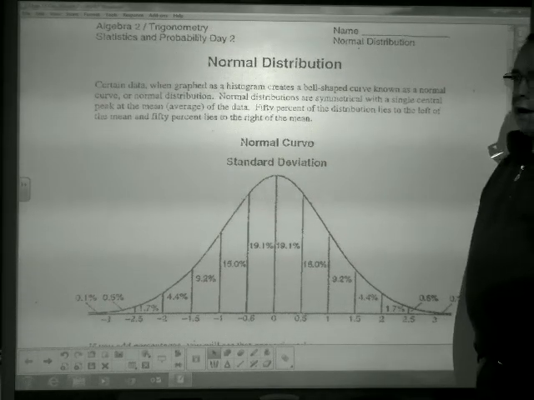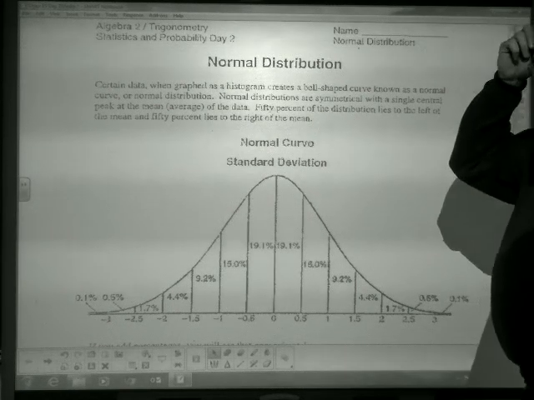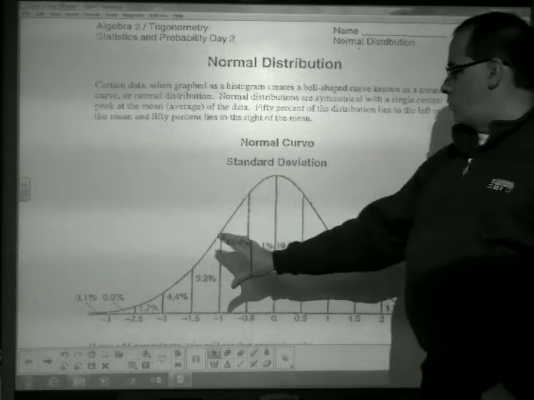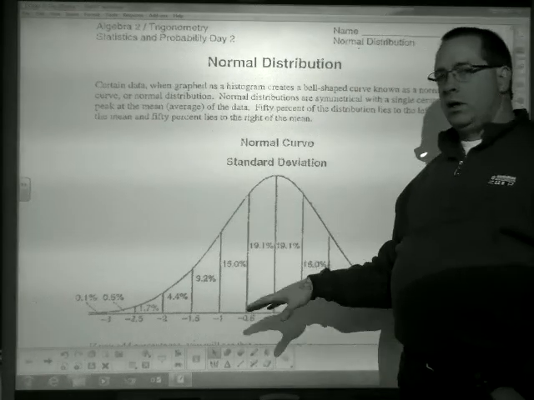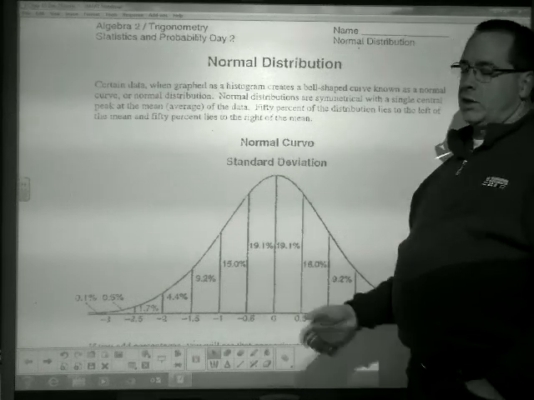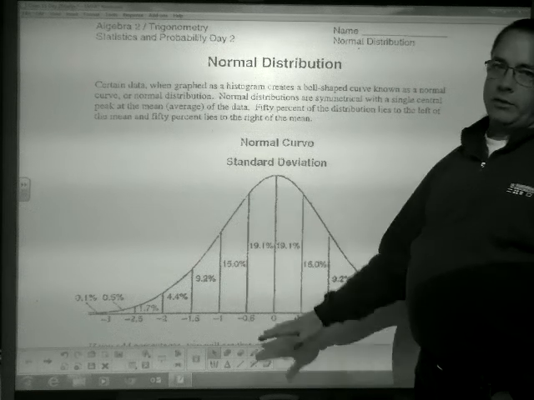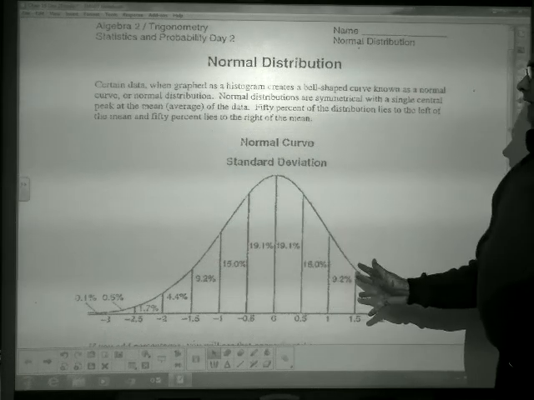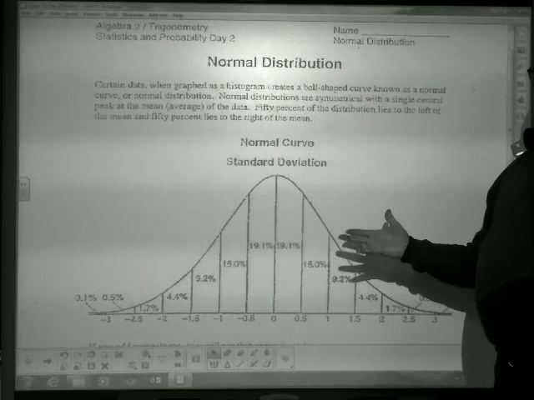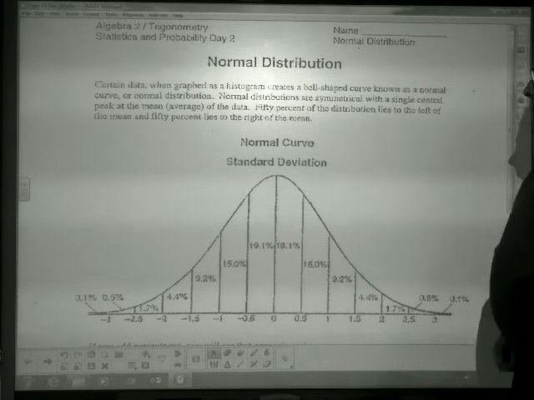So if we were to graph real data, maybe about your head circumference, some people are going to have smaller heads, some people have larger heads, and a lot of people are just right here in the middle. If I graph heights, the same thing's going to come out. There's some people that are shorter, some people are taller, a lot of people are right here in the middle. So we use this curve anytime we feel that data could potentially follow a normal situation. And